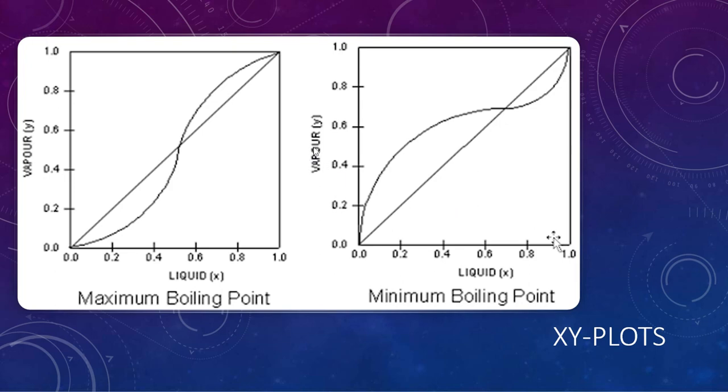The minimum boiling point and maximum boiling point curve natures depend on the compositions. Same thing applies for the txy and pxy plots. From the nature of the graphs, you can understand which one is a maximum boiling point type and which one is a minimum boiling point type azeotrope. For most exams you will need these concepts for azeotropes. Even for an interview, when you are asked about azeotropes, this is the simplest way you can explain them, by comparing them with pure substances.